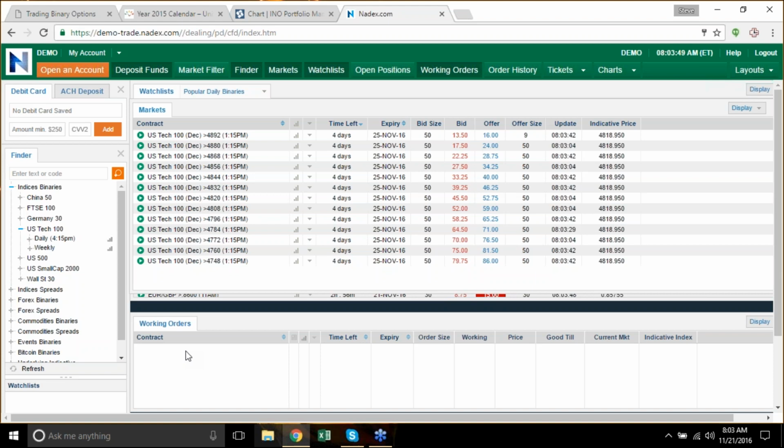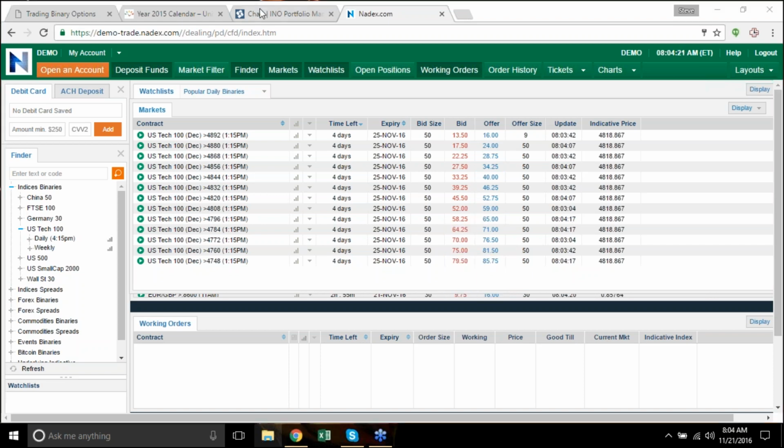The problem with that, though, is, for example, if the NASDAQ loses by, say, 10 points on Wednesday, and then wins by 5 points on Friday, you would have been 1-1. If you traded both trades, you would have lost on Wednesday and won on Friday. However, if you traded just one weekly, you would have lost that trade itself, because the losing trade was down 10, and the Friday trade did not make up for it. So keep that in mind. So there's a few different ways to trade it.